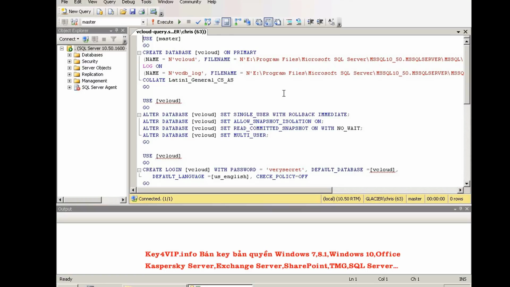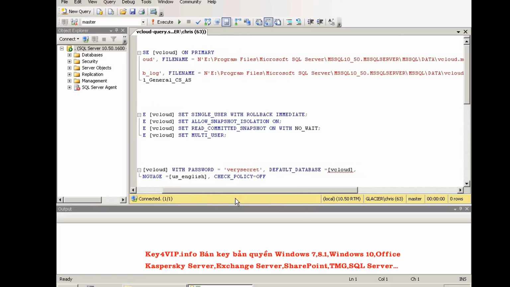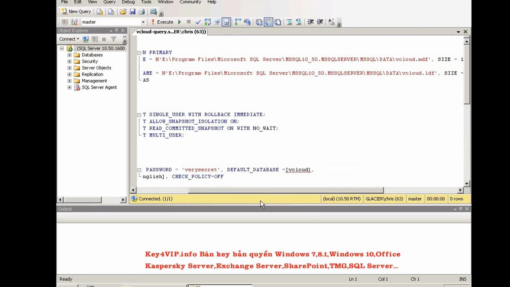Now, the cool thing about working with a query in SQL Management Studio is it color codes all this stuff. It makes it really easy to read. What I did was I changed the file paths. Now, it's not cool enough to wrap this around, so I'll scoot over to the right a little bit. But the default file path was